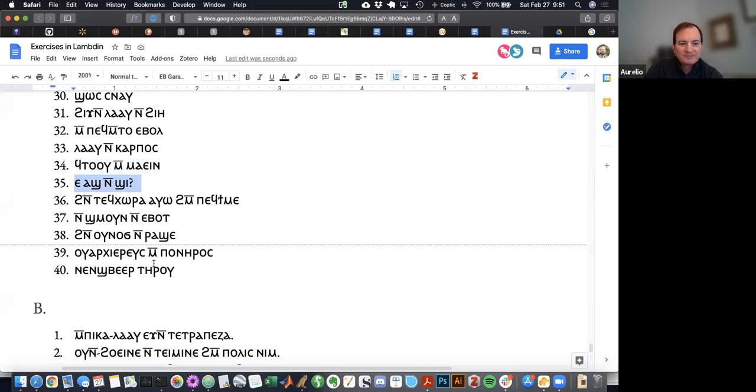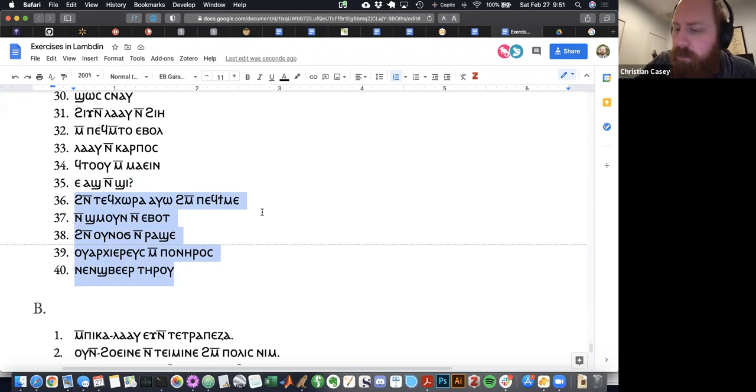To what measure? Yeah. This is a confusing sentence because we just haven't seen anything constructed like this yet, but it is perfectly analyzable if we want to. So this is toward which of measure. So this is the normal Coptic way of saying how long is it or something like that. To what extent? Got it. Okay, good job, Aurelio. Christian, 5, lightning round.